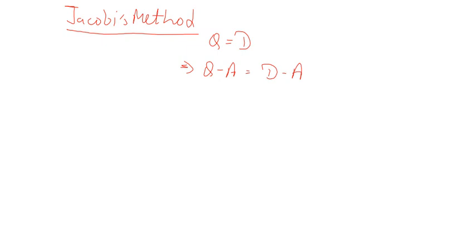So the scheme is what? The scheme was Q x_k equals (Q minus A) x_{k-1} plus B. Now since Q is also assumed to be invertible, right? Q is also assumed to be invertible. So D inverse is very simple, so you can send it to the right side. You write